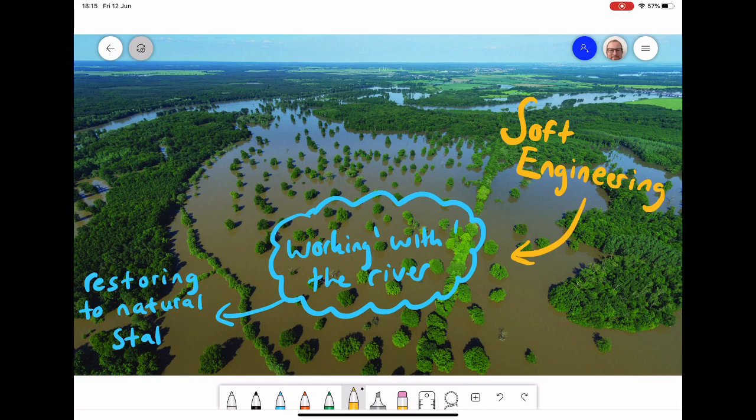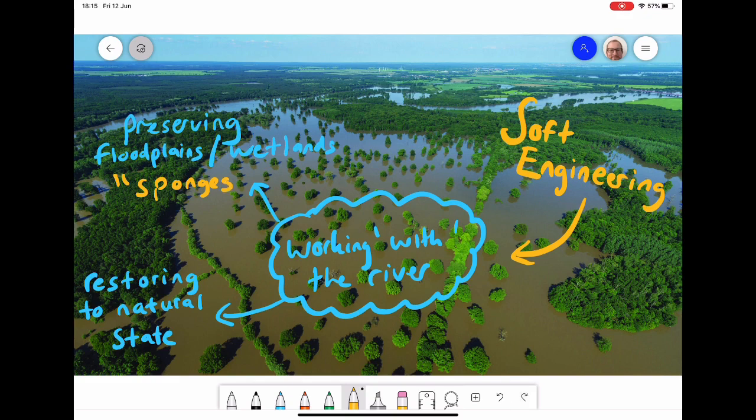And we also might try and preserve some of the natural barriers that actually can hold back floodwater. So we preserve floodplains, and we also look after things like wetlands. And these act as natural sponges. So when it does flood, they kind of absorb the water temporarily, which means that human settlements aren't